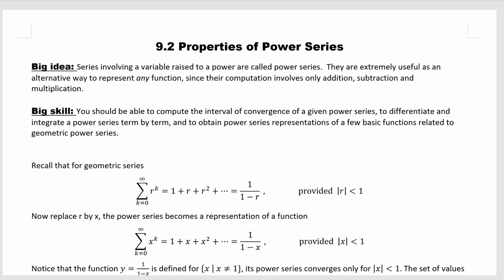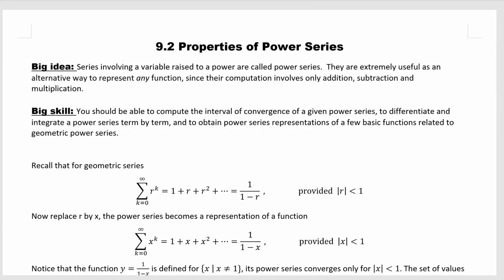Hi everyone! Today let's talk about session 9.2, Properties of Power Series. Big idea. Series involving a variable raised to a power are called power series. They're extremely useful as an alternative way to represent any function, since their computation involves only addition, subtraction, and multiplication, so it's much easier to compute the power series rather than